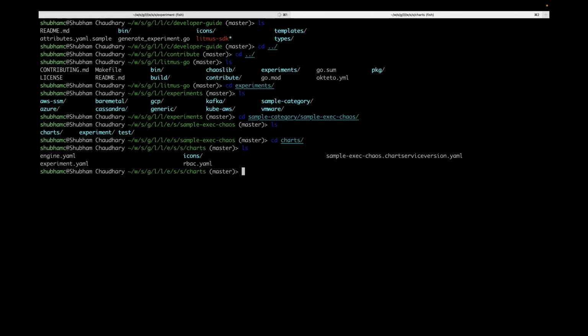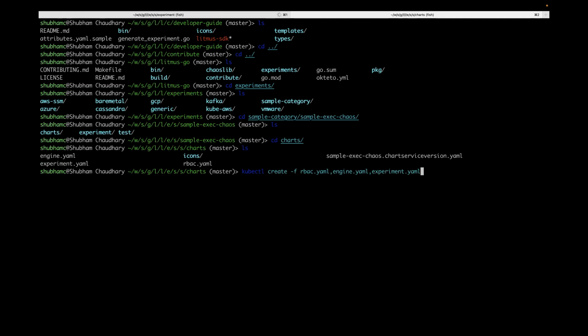Yeah, it is there. So now we can create all these RBAC and charts, so let me do that. Now the chaos engine. We can see all are created now, and here you can also see the experiment pod is started. We can wait for some time.